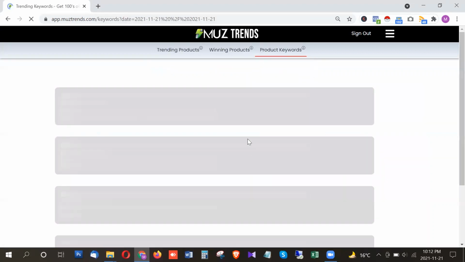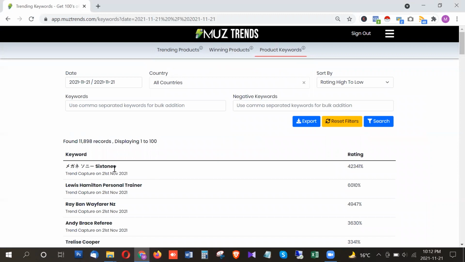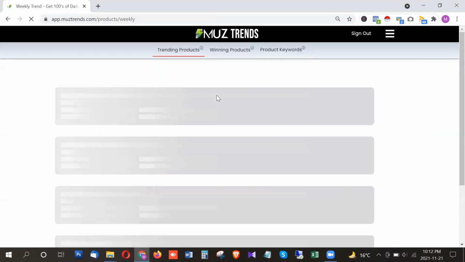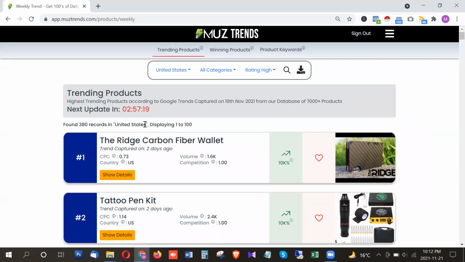In product keywords, you get thousands of trending search terms related to products from Google Trends every day. So you can see we have around 12,000 searches. I will also get into this in a bit, but let's go to the trending products first. So in trending products,